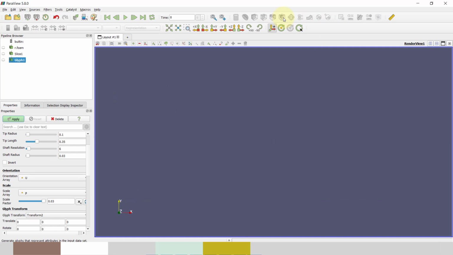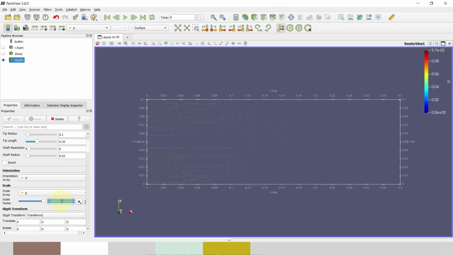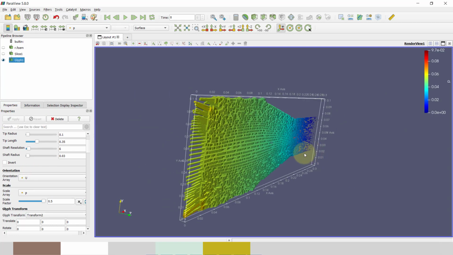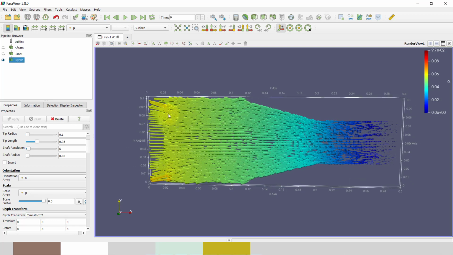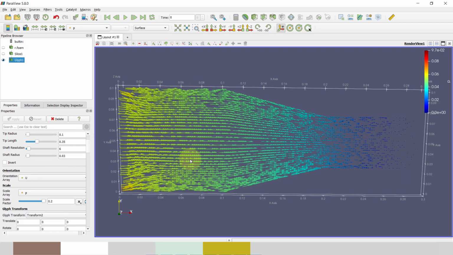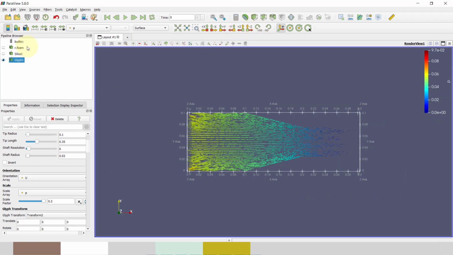So just type glimpse and apply it. 0.5. So only that plane you get this glimpse. So this is 0.2. So I have some good result.